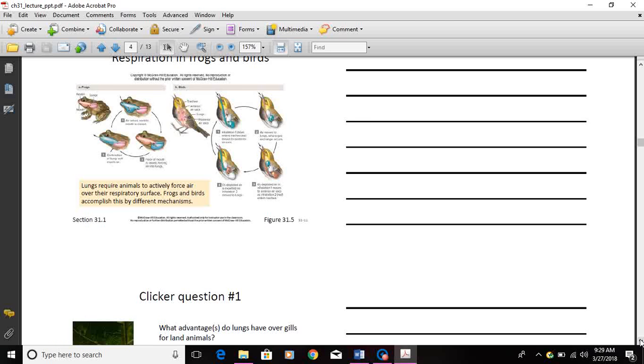So in birds and reptiles, it's going to look a little different. So birds have multiple sacs on here. They've got a trachea and they have multiple little sacs on here. And so that